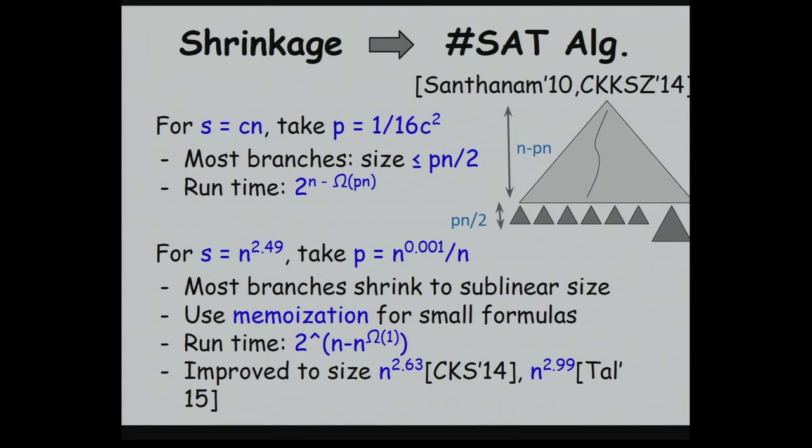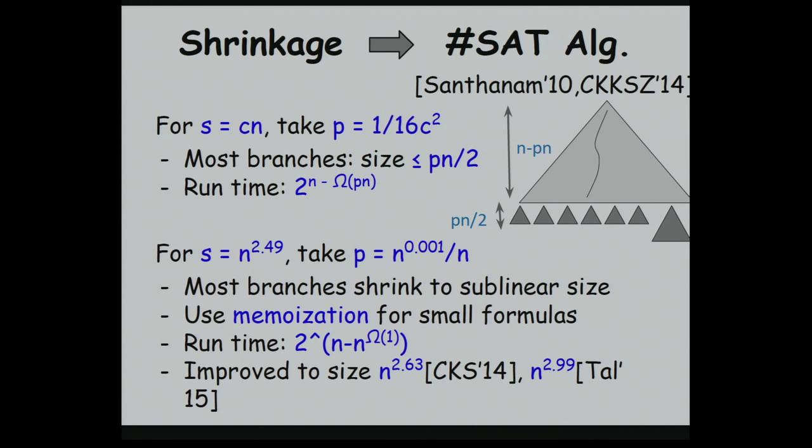So this algorithm is not trivial for C to be, let's say, less than square root of n. But using the memoization technique, I can somehow improve the algorithm for larger size. So suppose we start with formulas of size n^2.49. In this case, I can choose p to be a very small fraction. So I want to restrict all but